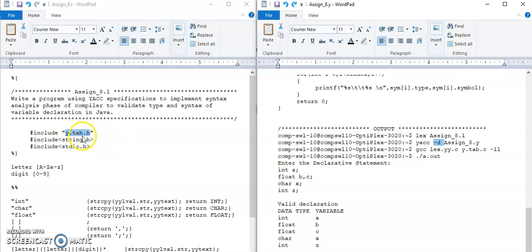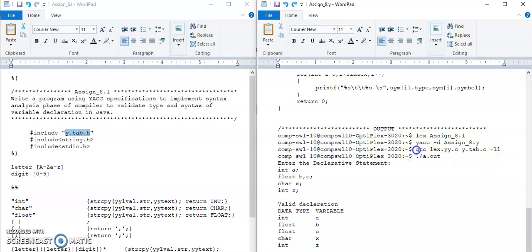What does this y.tab.h consist of? It's a header file which is used for communication between the .l file and the .y file. If there are no errors, then y.tab.c and y.tab.h are created.